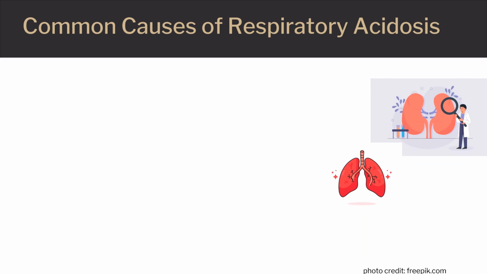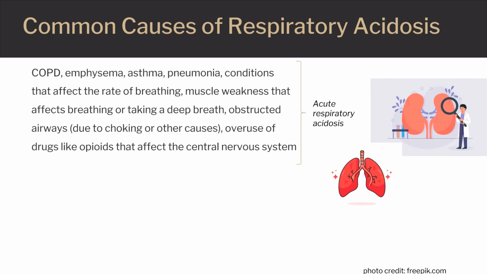Respiratory acidosis usually occurs due to a lung disease or condition that affects typical breathing or impairs the lung's ability to remove CO2. Some common causes of the acute form are COPD, emphysema, asthma, pneumonia, conditions that affect the rate of breathing, muscle weakness that affects breathing or taking a deep breath, obstructed airways due to choking or other causes, overuse of drugs like opioids that affect the central nervous system,